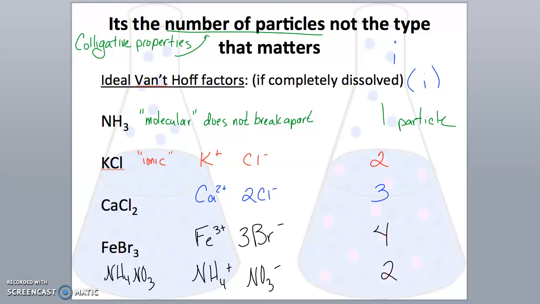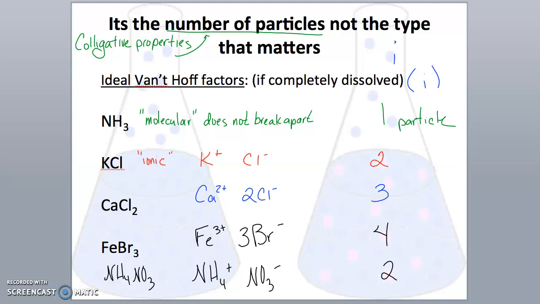Now, KCl is an ionic compound. We have a metal and a nonmetal. So when this is dissolved in water, we have the potassium ion and the chloride ion. So we have 2 particles, or a Van 't Hoff factor of 2. Notice the iron bromide. We've got a Van 't Hoff factor of 4 here because there's 3 bromide ions